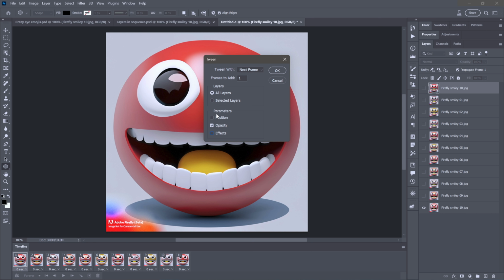I don't change the position. Opacity is all I want. And then next frame is what I want. I'm going to add 4 frames. This is important because you could go with some other periodicity. You could figure that out on your own, but 4 is going to work out beautifully, at which point I'll